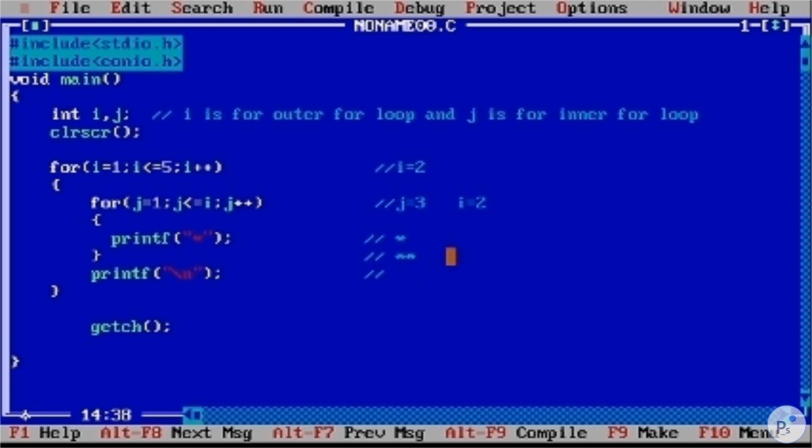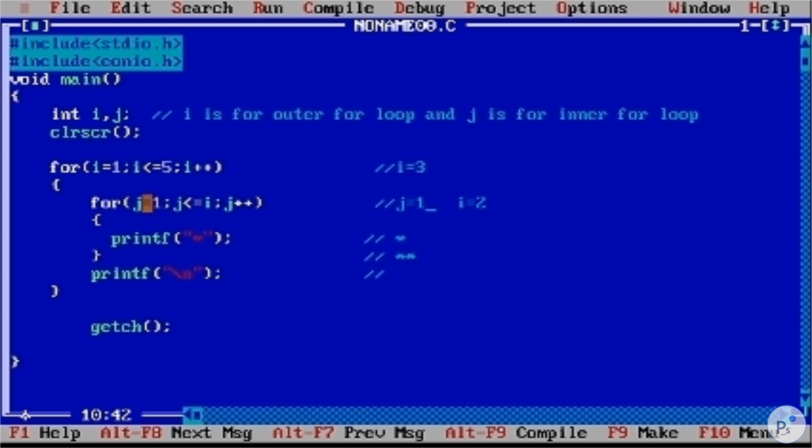Okay, let me add a comment here, so our cursor is now here. After the execution of this statement it will go up here and increment the value. The value of i was previously 2, now it is 3. As the condition is true, it will go into the inner for loop and now the value of j is again 1. Now you are getting the importance of initializing the value of j equal to 1 again.